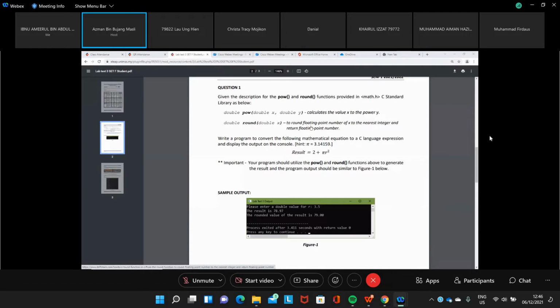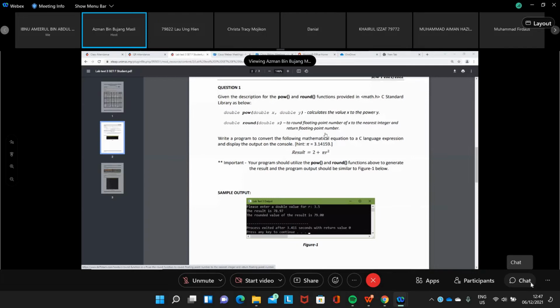Round rounds the floating point number x to the nearest integer and returns a floating point number.